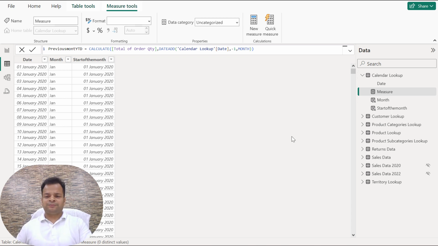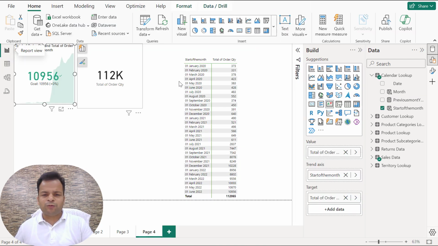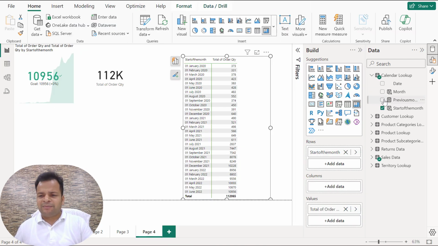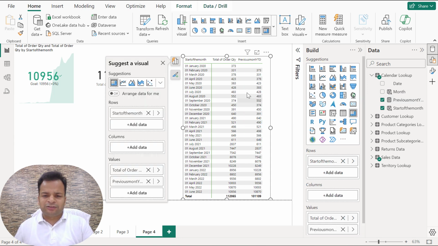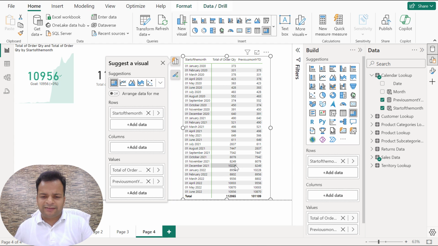And here it is. Now you will see previous month YTD is coming over here, and if I go to report view and in the matrix I add this previous month, you will see this time data is switching. So basically it is providing me 373 here, 331 here, and at the last you will see 10,956 to 10,870.